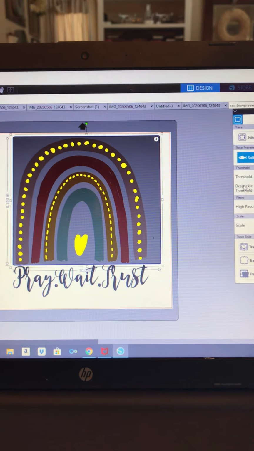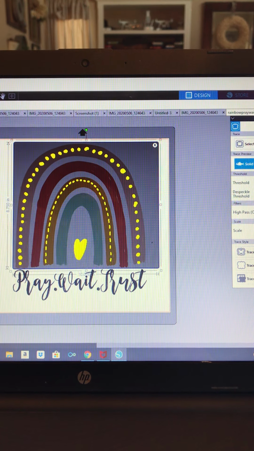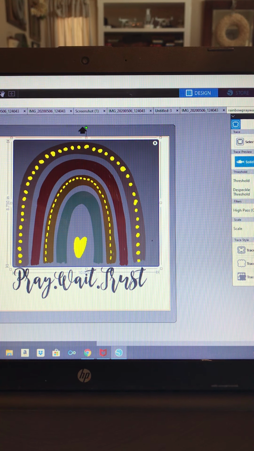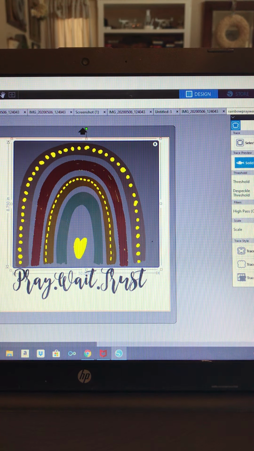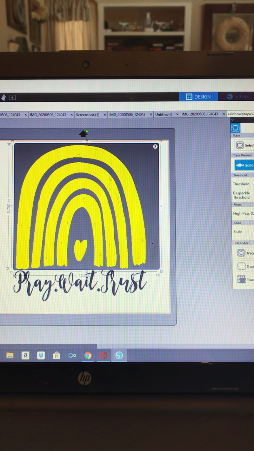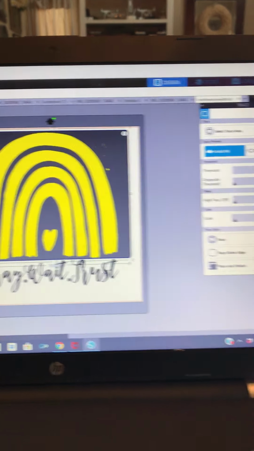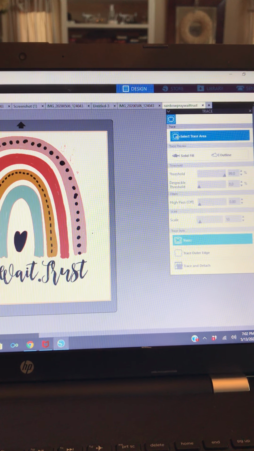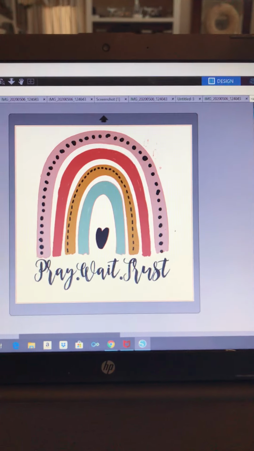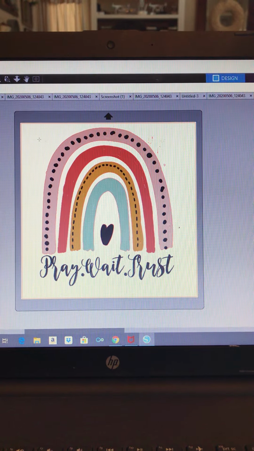And so it's already starting to do its thing, but I need to play with the threshold a little bit. So I am going to keep going until it selects the whole thing, okay? All right, then I'm going to just push trace, and now I'm going to select it again, because what it does is it just traced the outer part, but I'm going to select it again, and I'm not going to mess with the settings, so it should,